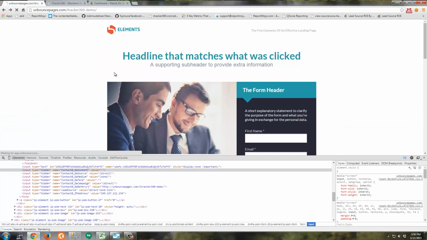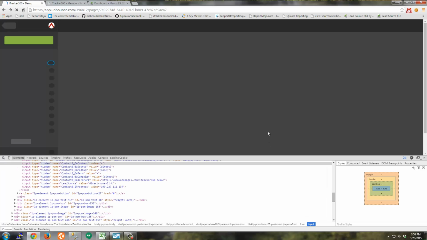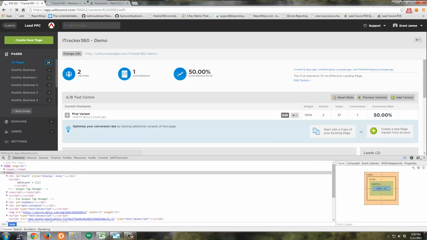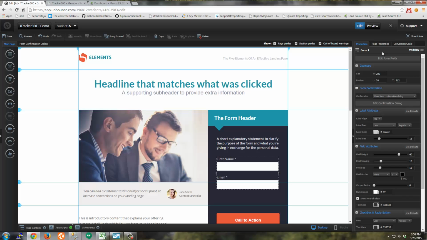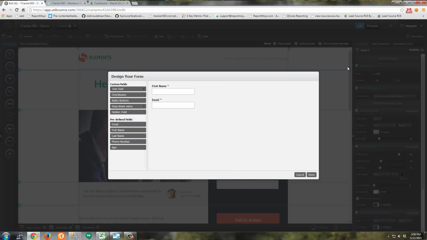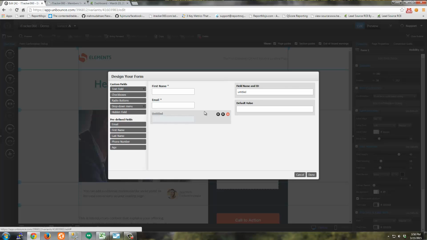Okay, so to do that, go back to your Unbounce page, edit the page, click on the form, click Edit Form Fields, and then add a hidden field. So just click on that, and the name of this field is going to be contact 0_, and I'm going to start with GA source. It doesn't matter what order you put them in, they just have to be in there. So I'm going to hit done,